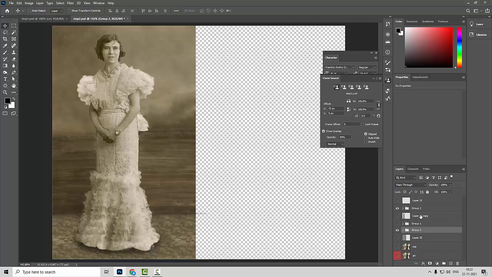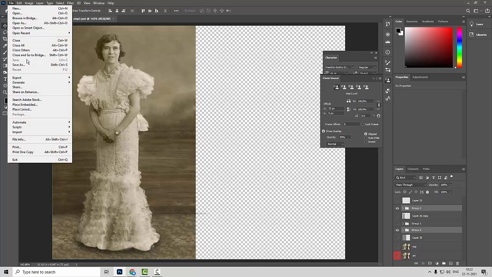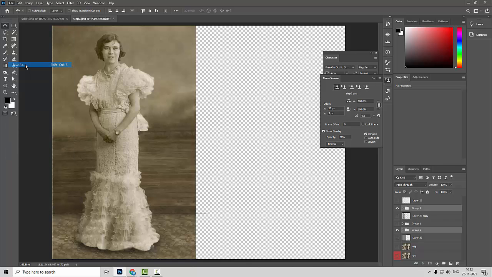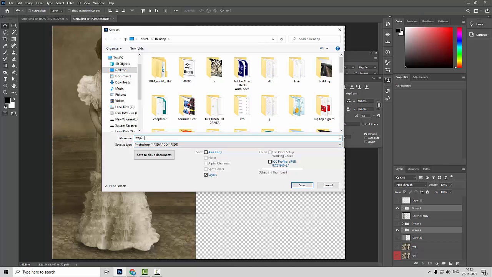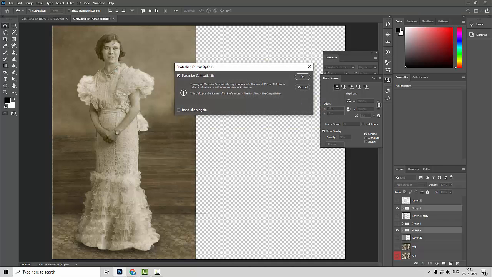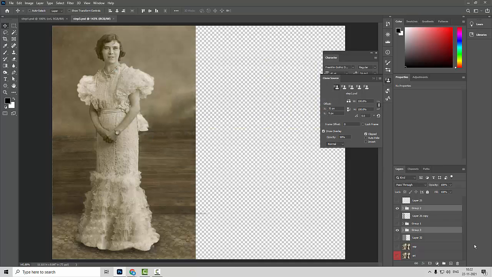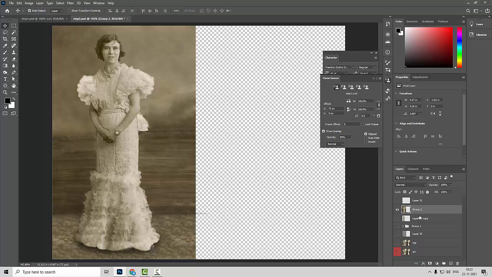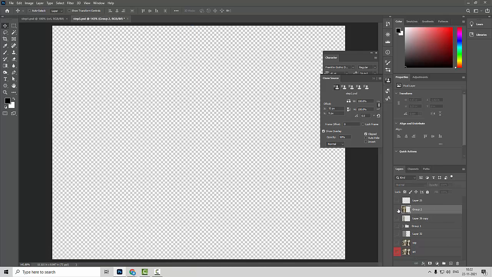So here, now all the layers, both selects, are done. I am going to save it and make another version of this layer. Save as, I'll select step 3. Once I have made step 3, I don't need these things. I'm going to select both of these options and merge it. Press Ctrl E. Now we have only one layer.